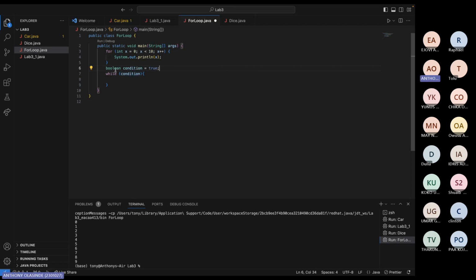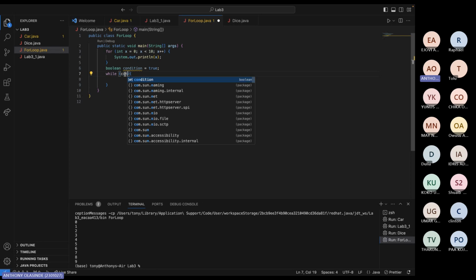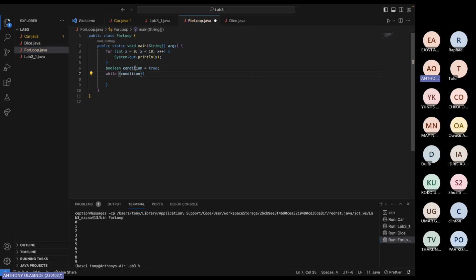We could have easily said true here. But if we said true here, there is no way of coming back and changing this true to false. So that's why we are using a variable called condition, so we can always manipulate this condition anytime we need to. So while condition is true,